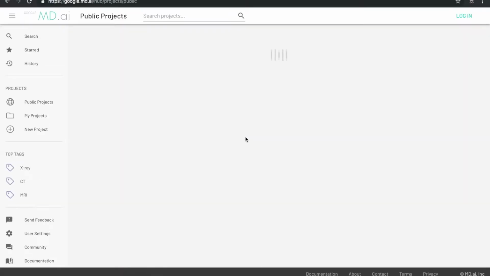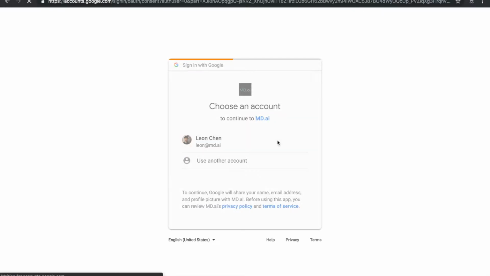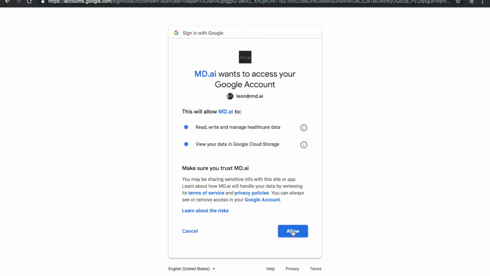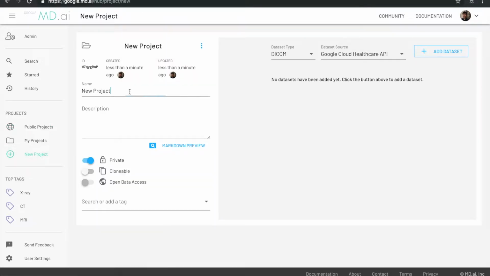Let's navigate to google.md.ai in our web browser. This is a dedicated HIPAA-compliant environment for us to create our projects in. During login, note that MD.ai will request the user for specific access to the user's Cloud Healthcare API data and cloud storage buckets. So let's create a new project and a data set that we will connect to our DICOM